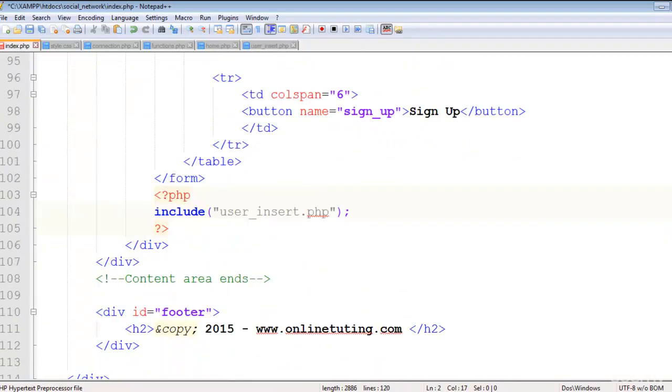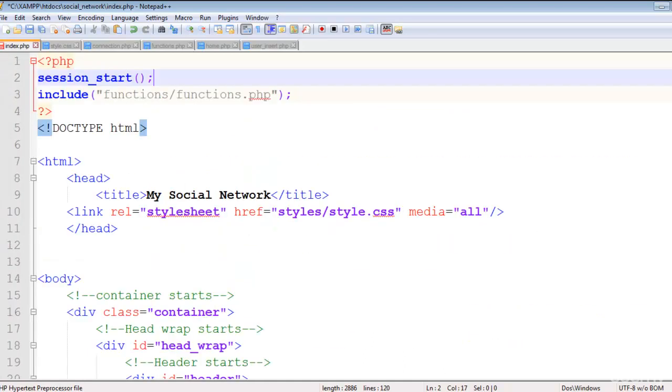When you include a page inside another page, these 2 pages are the same. Whatever you do here will also exist on this page. So we have started the session in this one,